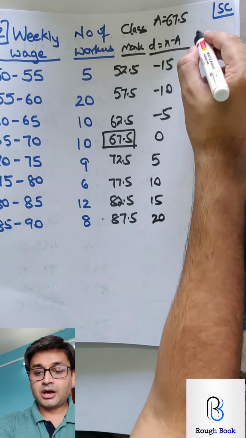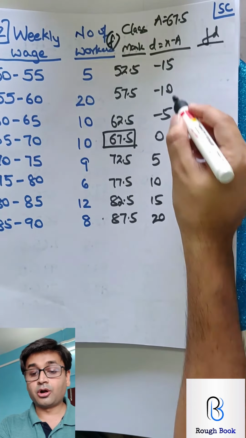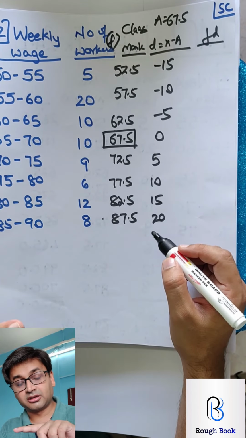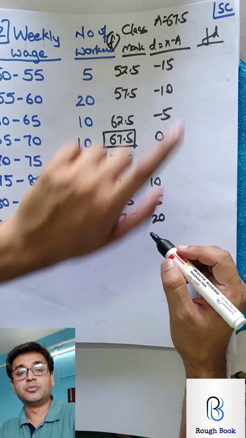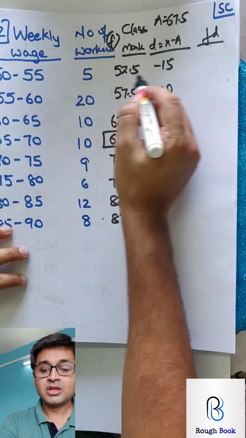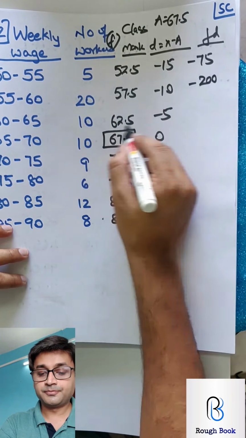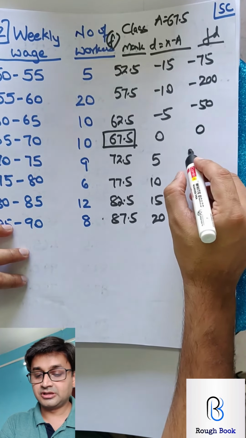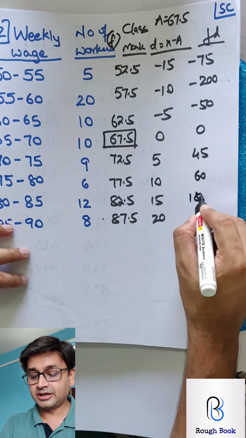Is that okay? Now you are going to calculate fd. This is your f, the frequency. You are not going to divide this. That is the other method called step deviation. You are deviating a step. Here you are just assuming the mean and that's it, nothing else. Okay, so 15 5s are negative 75, negative 200, negative 50, 0, 45, 60, 12 into 15, 180,